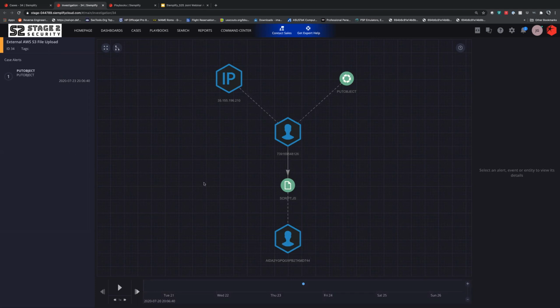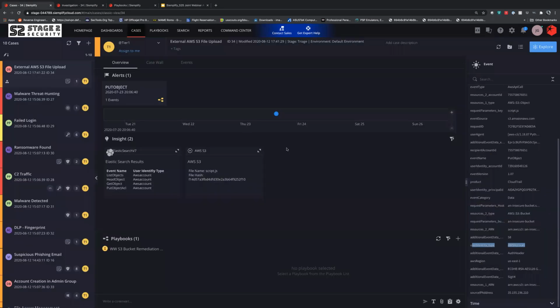So obviously the behavior of this, even though the activity or the file wasn't known to be malicious, the activity is not great. It's going to be malicious. So coming back over here, I think I know enough, and